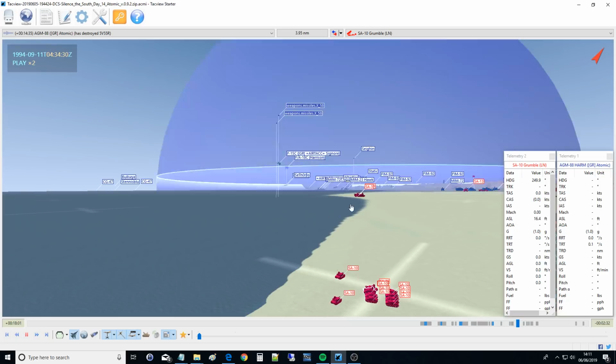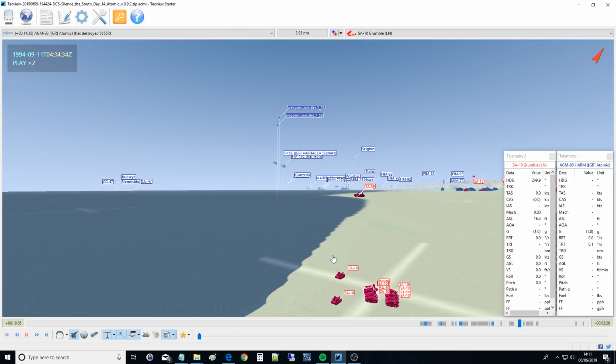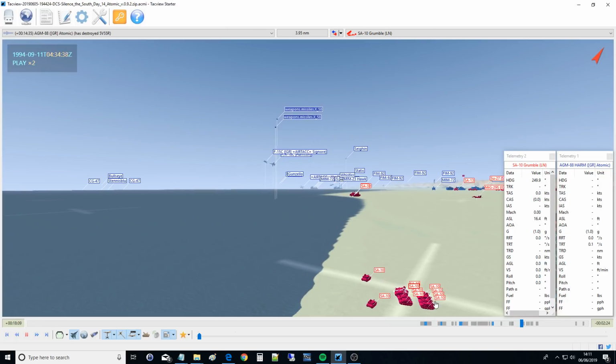If we had another bird, we would have separated it between the big bird and the clam. No, the clamshell was already dead. It's just a big bird. So that, I believe now, is an inoperable SA-10, or it's so...